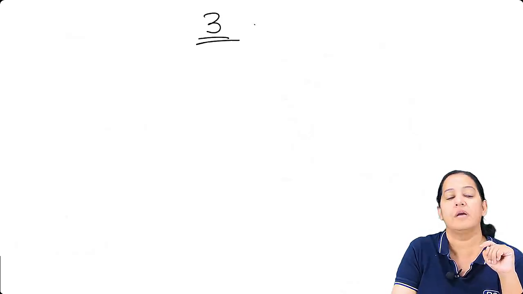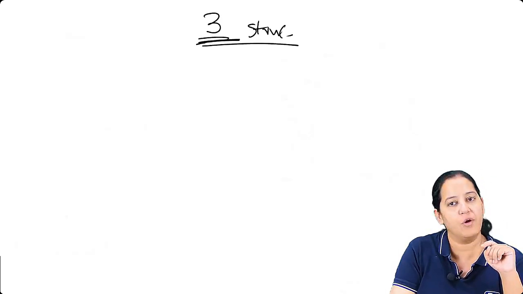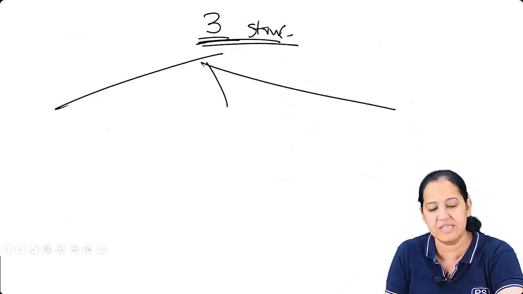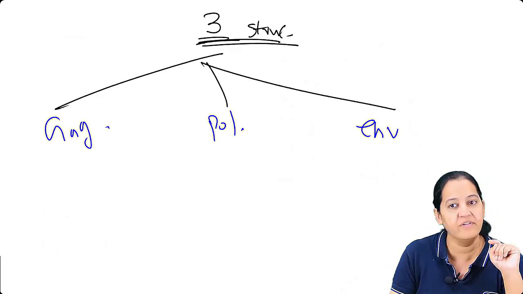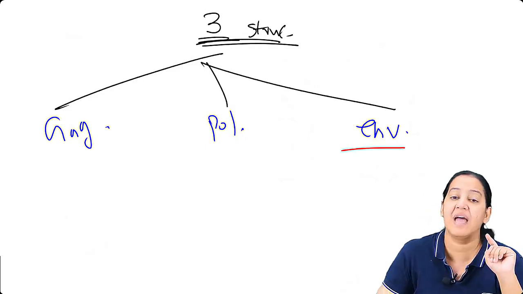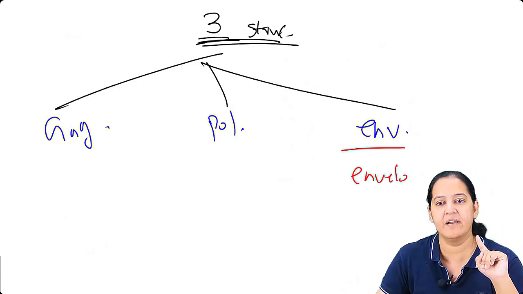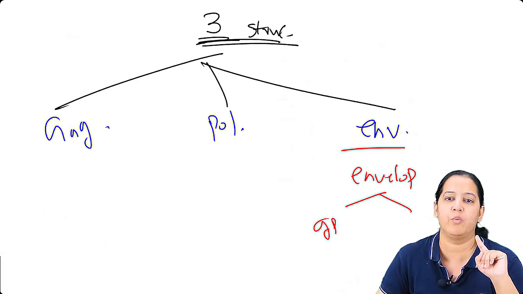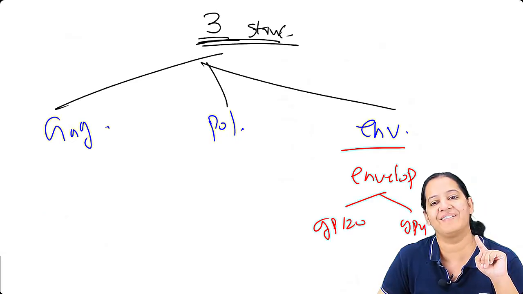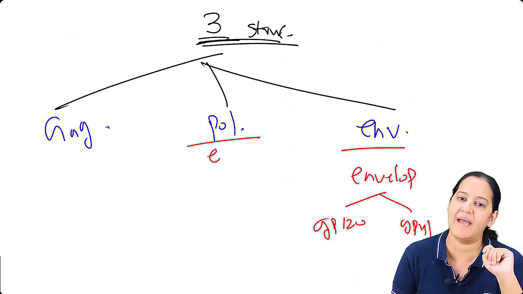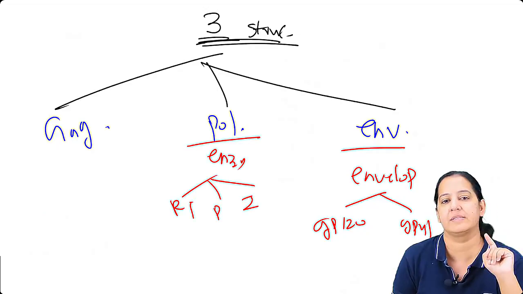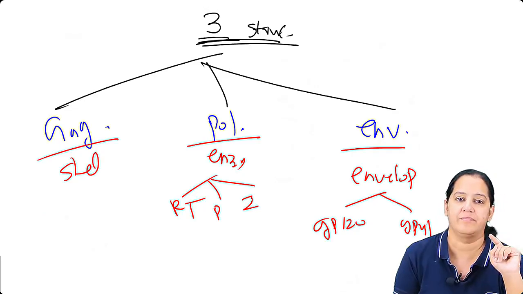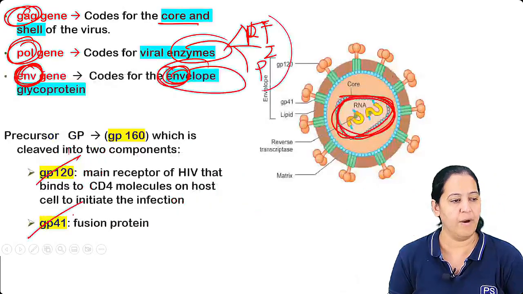So there are total 9 genes, but for us 3 are important. 3 of them are structural. What are the 3 structural genes? Same name, GAG, POL and ENV. ठीक है? So ENV से बनता है envelope. And there are 2 things, GP120 and GP41. These 2 things are in the envelope. POL में enzymes, all the 3 enzymes. Reverse transcriptase, protease, integrase. And GAG is shell. The GAG is shell. Got my point?